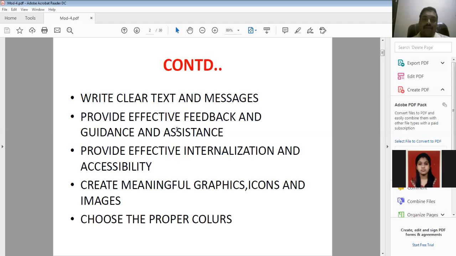Next, provide effective feedback, guidance, and assistance. When the user is dealing with the interface, you should provide better guidance. Whenever the user makes an error, you should immediately pop up the related message. For example, a user is trying to print and selects a wrong printer.